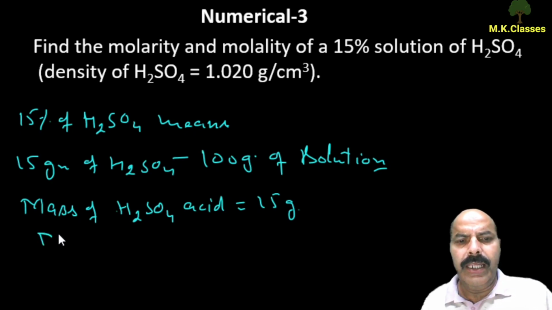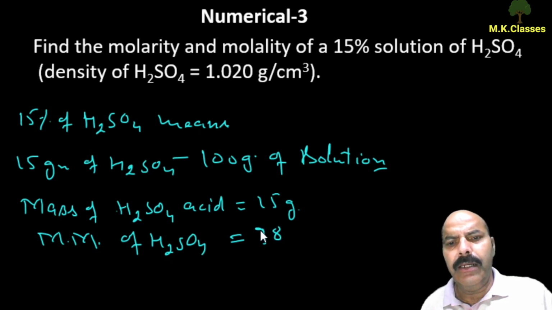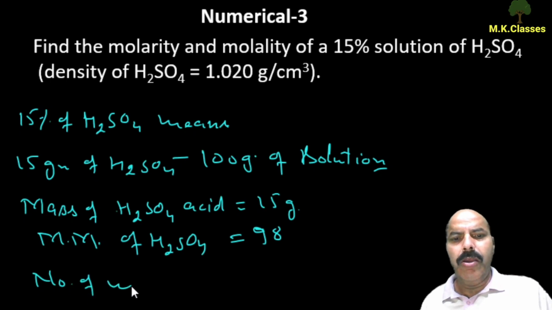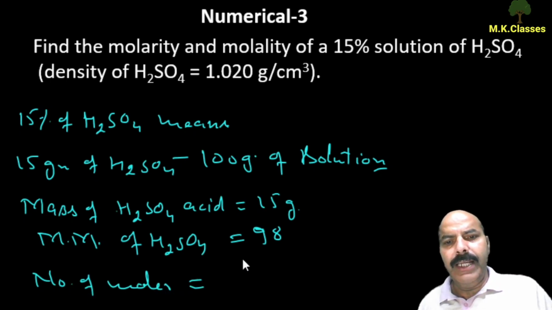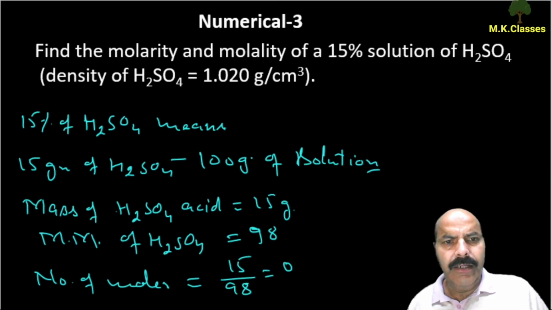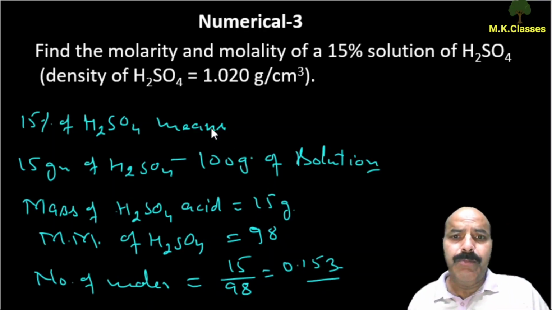और इसके लिए हमें पता है कि मॉलिक्यूलर मास जो है आपका बेटा सल्फ्यूरिक एसिड का कितना है, that is equal to 98. Is that clear? 98 is the molecular mass of the sulfuric acid. So we can find out the number of moles of sulfuric acid, that is equal to 15 upon 98, that is here 0.153. So these are the number of moles of sulfuric acid, clear, that is present in 100 gram of the solution बच्चों. Is that clear? Solution कितना है बेटा आपका 100 gram.